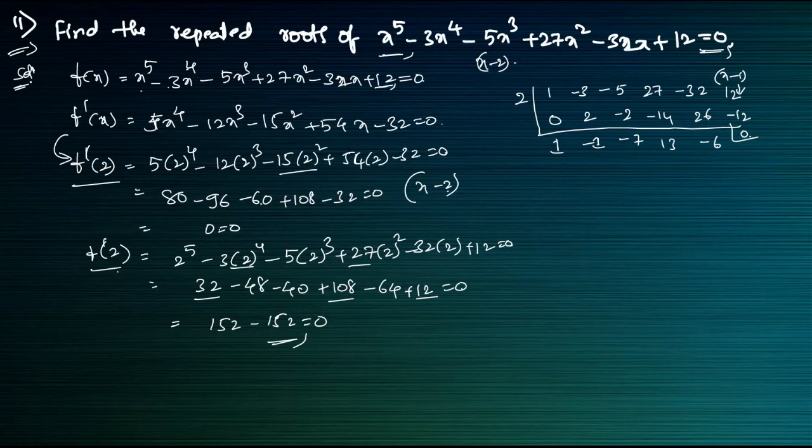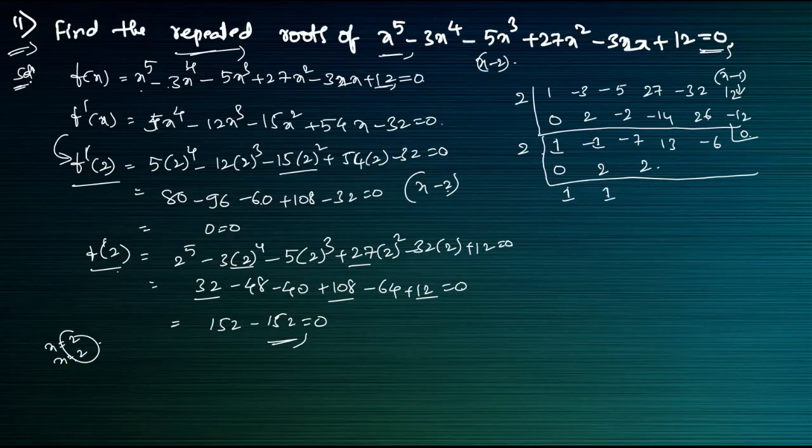So he is saying that there are repeated roots, no. First, x is equal to 2 is a root. After that, it is a repeated root, so again I will check 2 for this one. So 1 comes down, 1 into 2 is 2, minus 1 plus 2 is 1. 1 into 2 is 2, minus 5 plus 2 is minus 3. Minus 3 into 2 is minus 6, 6 minus 6 is 0 here. So 2 and 2 are repeated roots of this given equation, okay.